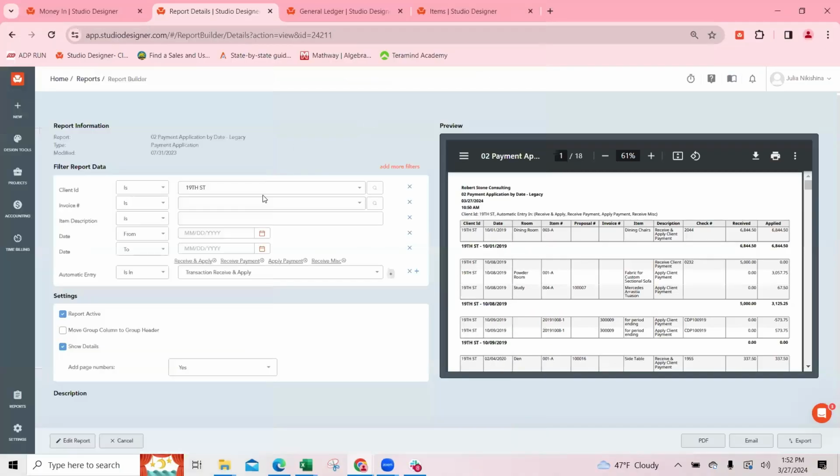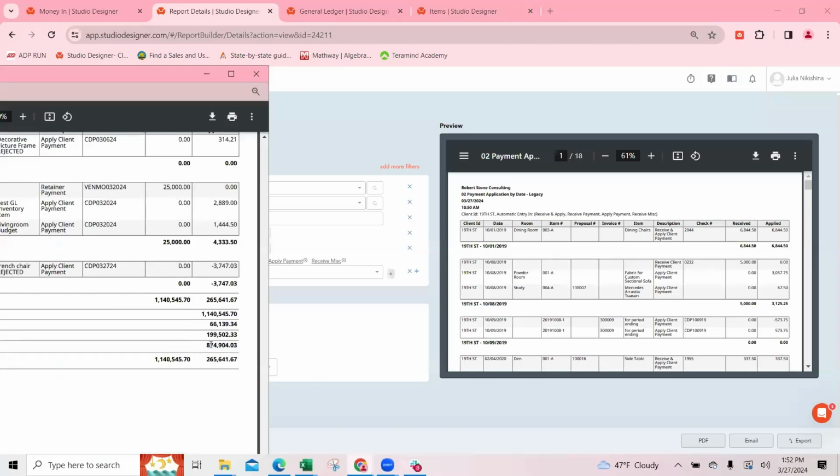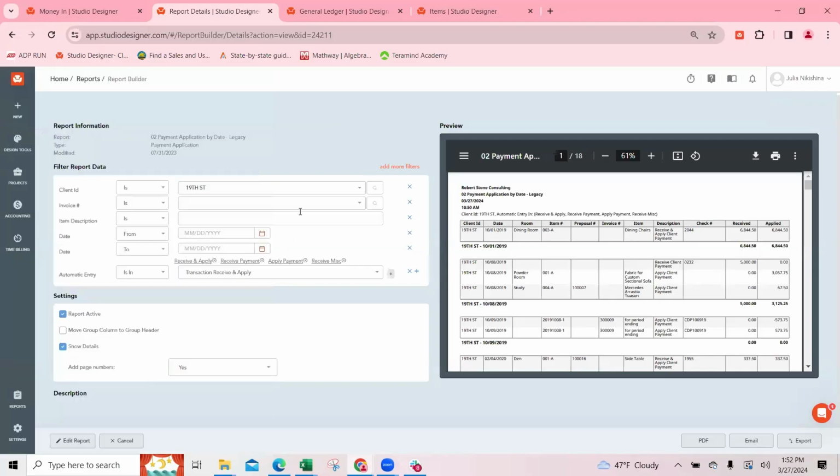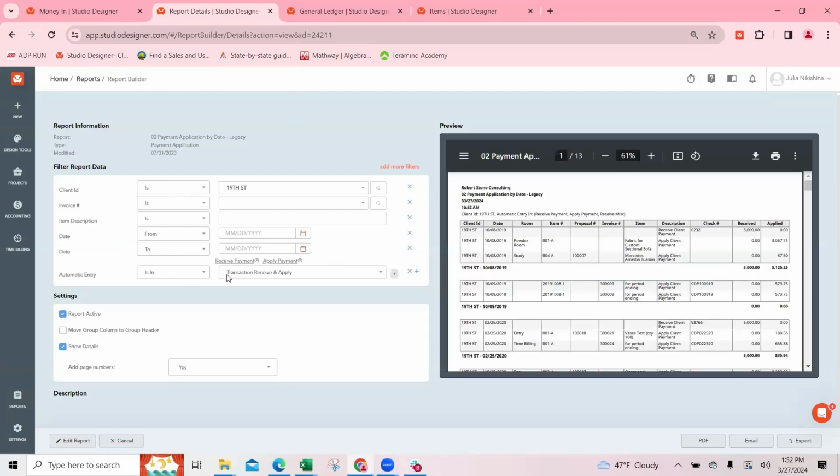The other thing too, you could do if somebody says to you, well, let's say this client knows they have hundreds of thousands of dollars and they say, well, what does that mean? Why is that there? Like, what's that made up of? A great way then to also filter off straightforward payments, meaning if you sent a client a proposal 100, and they paid you $1.2 million on a giant proposal, and it was applied to that proposal, right, without any additional money being left over, this receive and apply payment method is actually pretty clean, right? So I actually then filter off these two, receive miscellaneous and receive and apply,